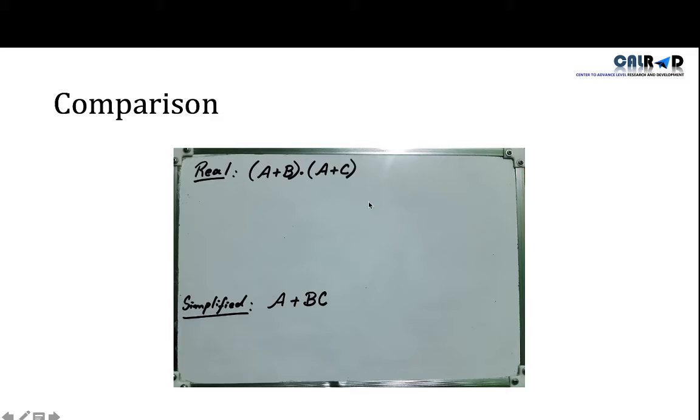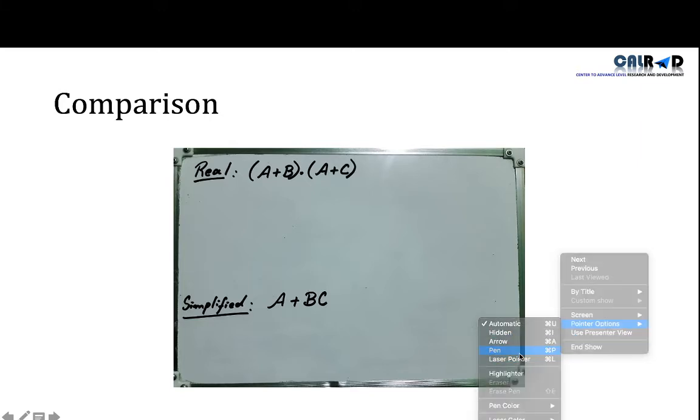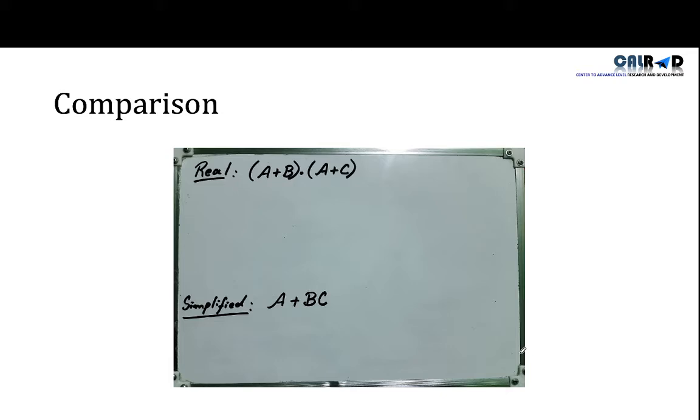So let's start from comparison. I told you that, for example, we are designing a system, and the work of that system is that if we give some specific data, the system will turn on something. Like if we put our thumb or finger on the mobile phone sensor, then the sensor will check from the record, and if it is okay, then it will unlock our mobile phone. So this is the main equation for this design.